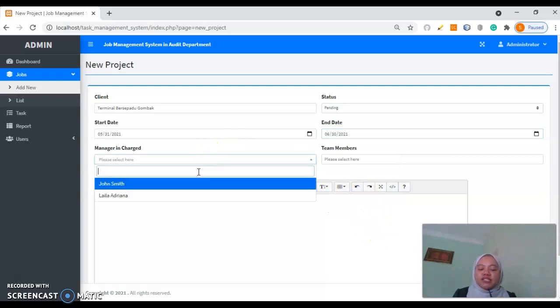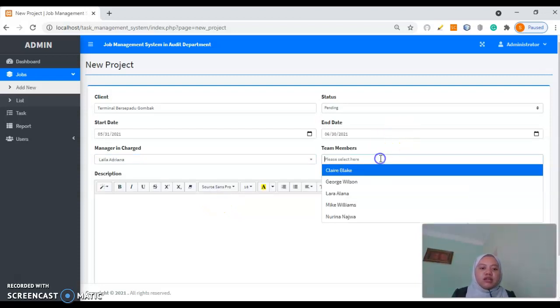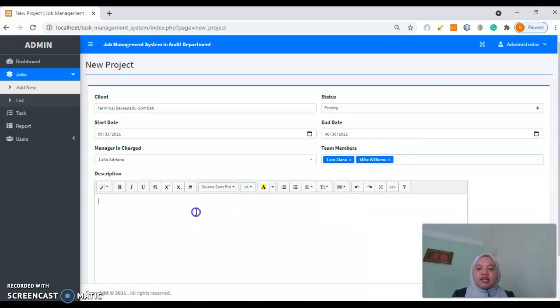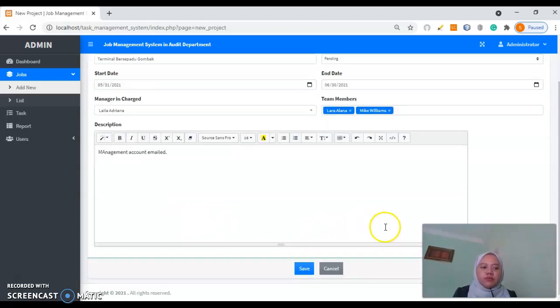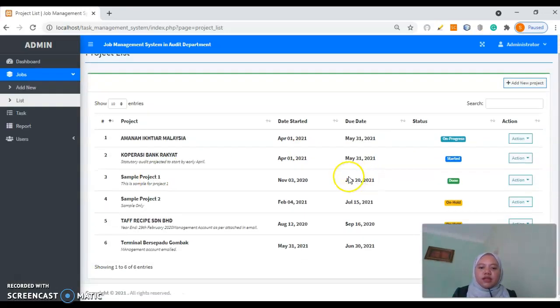These managers have been registered by admin, and the team member will be Mike, and a description. And then we can save. So data successfully saved and the new project is out.